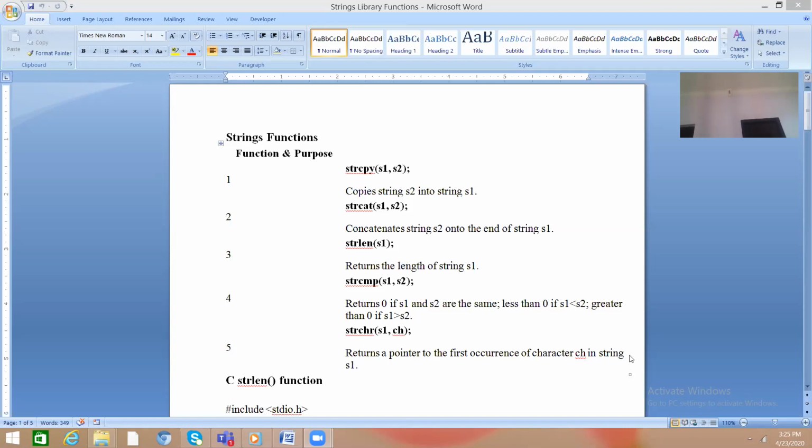Okay, so that is the function strcat. The next function is strlen, and this is the function which is mostly used because in many programs you have to calculate the length of the string.